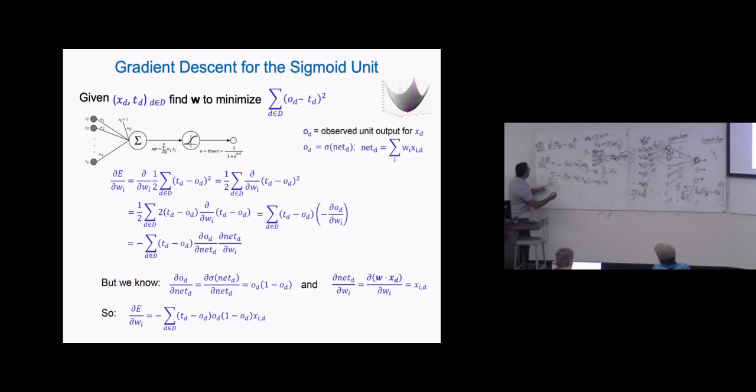Now, when it comes to delta E with respect to W2, you will do the same. This part remains the same for the same D. This part remains the same. Just this changes, so you multiply with x2 now. And then you do all these computations, and you get a gradient with respect to the whole W, which is essentially a gradient of E with respect to W1, W2, and so on. Now you get a direction to move forward.